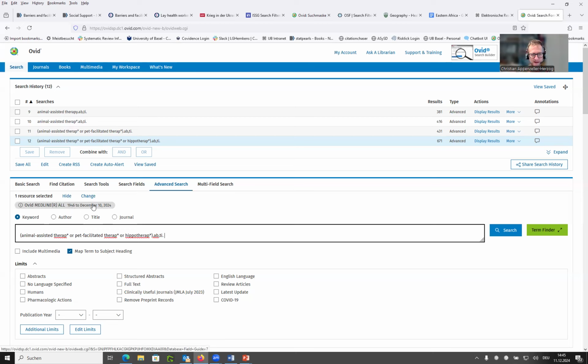And for these rich combinatorial possibilities, I am now going to change the structure